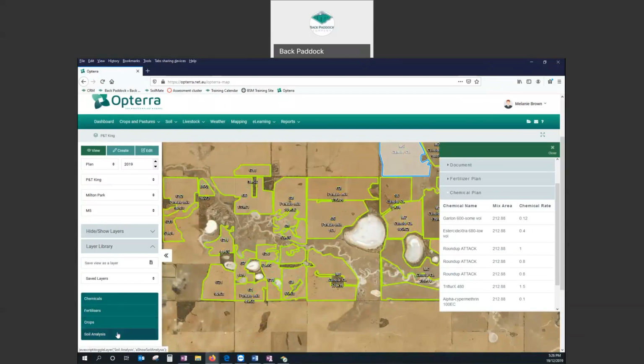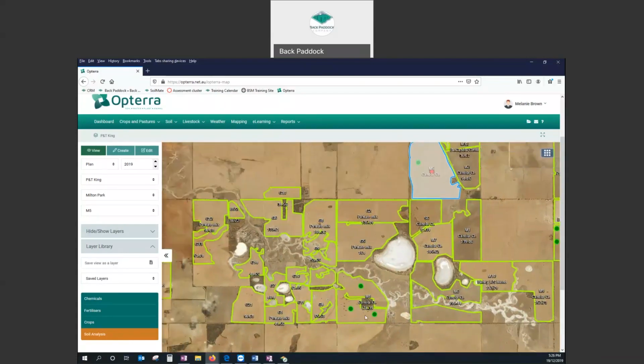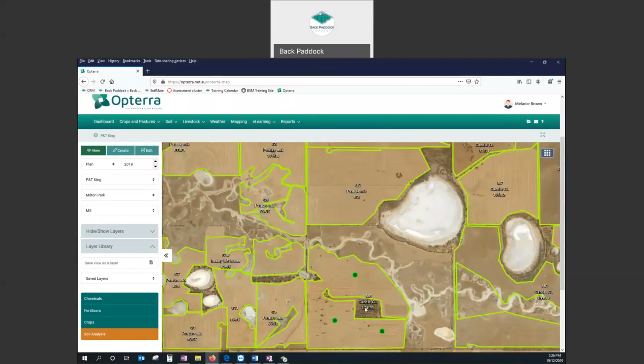And then if I click on soil analysis, what this is going to show me is all of the points where I have loaded soil test results into my paddocks using the SoilMate link function. If these dots are green, that means that I have inserted these soil test results with georeferencing. So I probably created them using the Back Paddock app, and then it automatically has georeferenced those soil test points